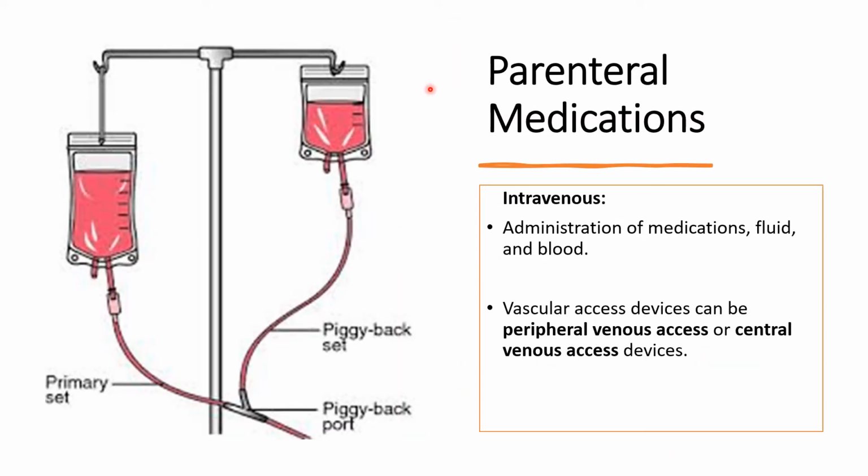Intravenous route is very delicate because the medication is deposited directly in the circulation. It's a very rapid and very potent beginning of action, bypassing the first pass, and is used for the administration of fluid, blood, and medications. That's why registered nurses are usually the ones that administer IV medications, and sometimes two registered nurses need to double